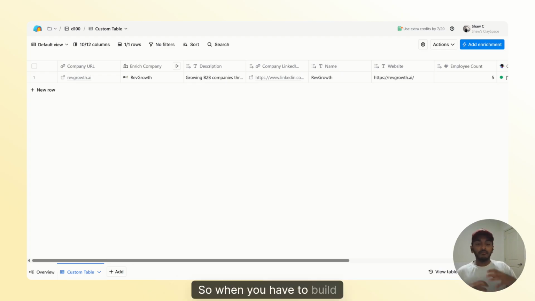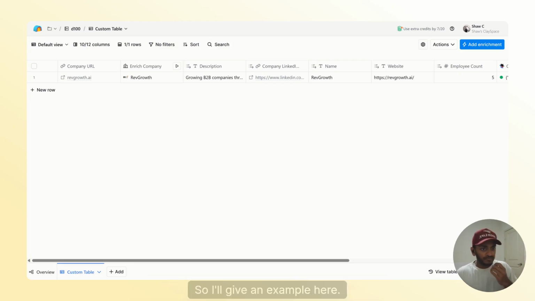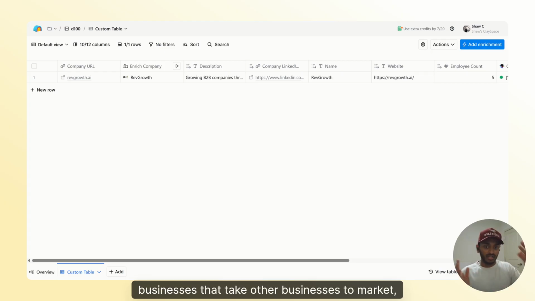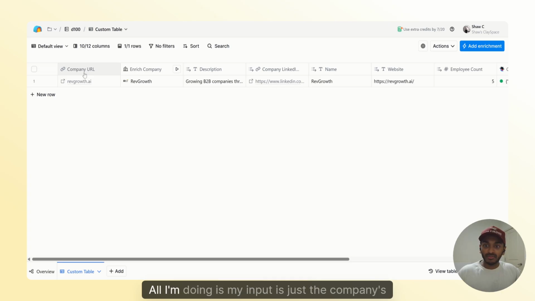So when you have to build a list of companies who are in your Dream 100, now you have to get the contact information of the specific prospect that you want to get. So I'll give an example here. Let's say you're doing ghostwriting as a service to founders of agencies, specifically businesses that take other businesses to market, like Rev Growth, for example. I chose Rev Growth because it's by Cold Email Chris, and I know him well, and I can use his company as an example. So if you take a look at this table here, all I'm doing is my input